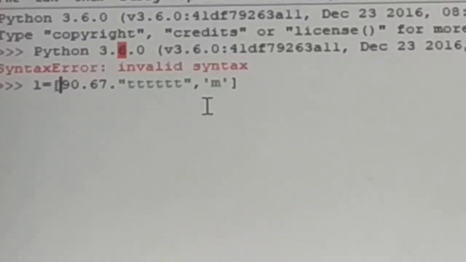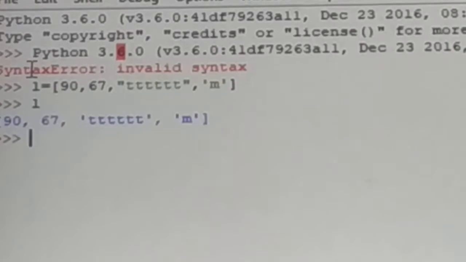Next we can see the difference between list and tuple. In list we can do any modifications. List elements can be modified, but tuple will not allow us to do any modification from the elements of tuple. Let's see an example. Here I have a list. L is equal to, in this list I have 4 elements. The list of elements must be in the square bracket, each element separated by comma. This list I have 4 elements, 2 integers, 1 string and 1 character.